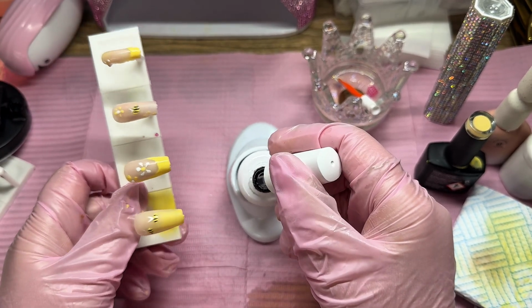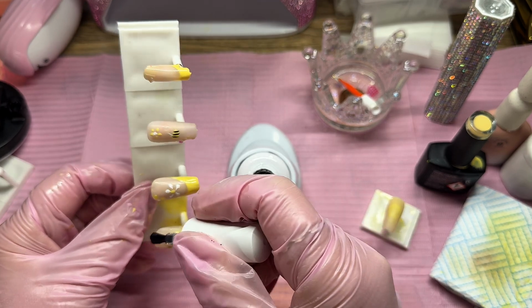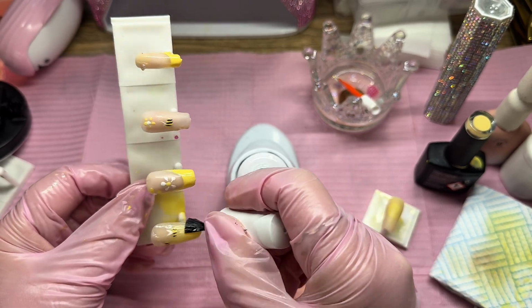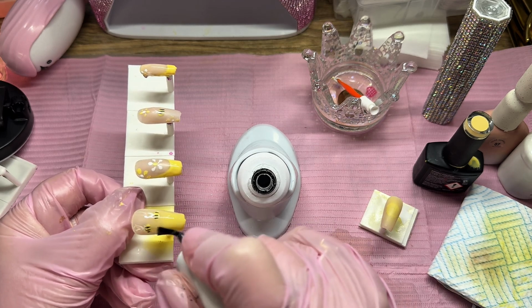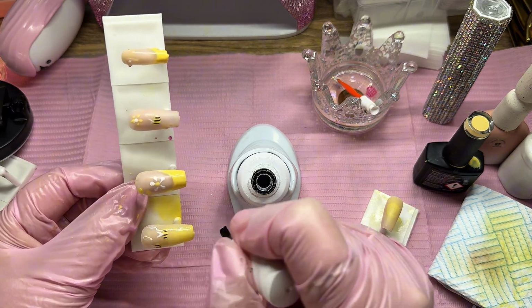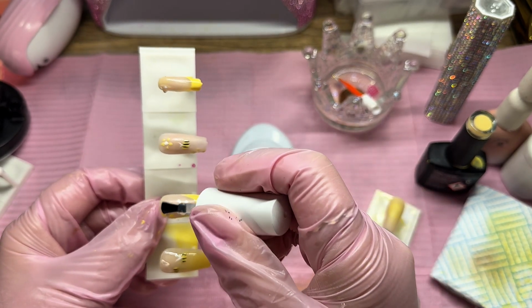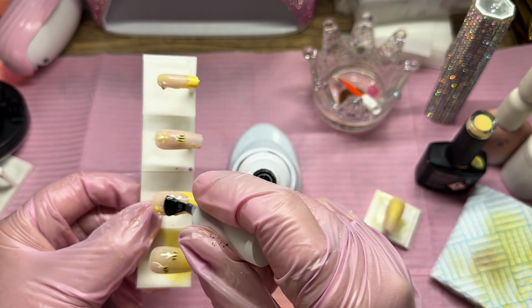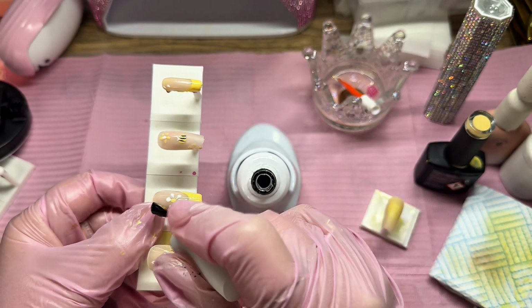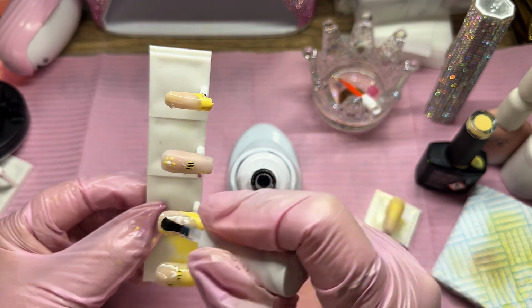Okay, so at this stage then, I'm just top coating all the drawings that I've done. Now I am absolutely no artist, so it's the best that I could make it look. So we're just top coating over the nails. I am more or less finished now. And then we get on into making the